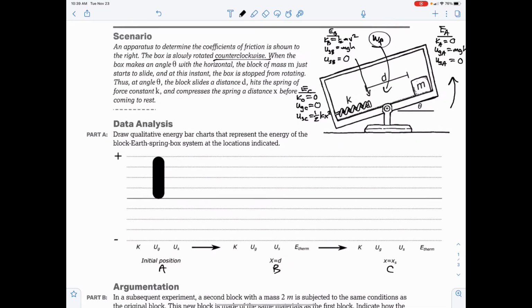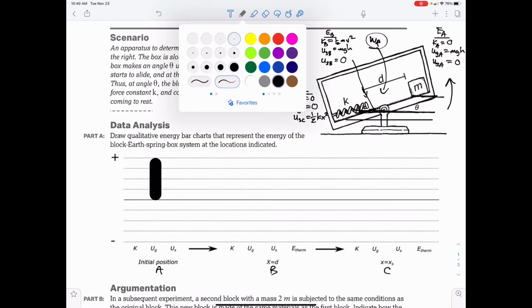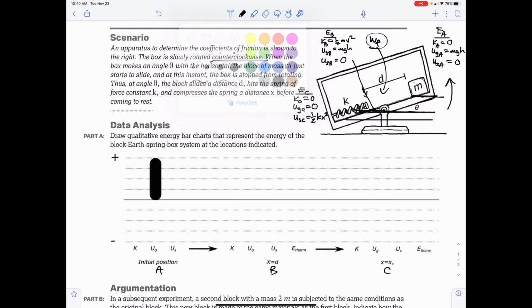Since once you hit the spring at position B, your potential, here's your height right here when you hit the spring right there. And you can see once you fully compress the spring, there's not a whole lot of height left relative to where it started. So I'm going to say that my potential energy, which I'm going to still use in black, is going to be that much, about 1 unit high,